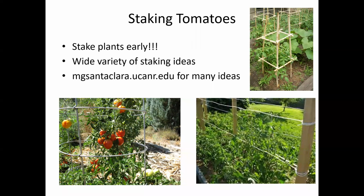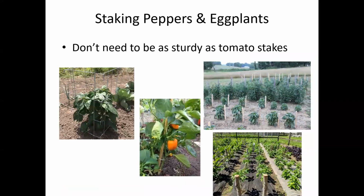They have a lot of really good ideas if you don't want to spend a lot of money on tomato cages and stuff like that. There's lots of good ideas on our local website about staking tomatoes and peppers, and eggplants you can stake too. Now, here I have some pictures of